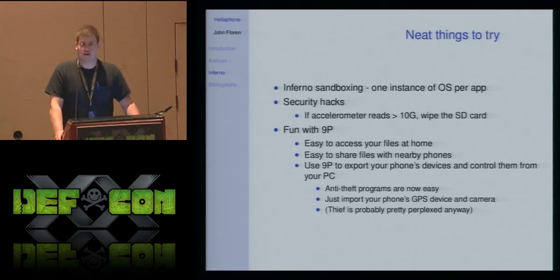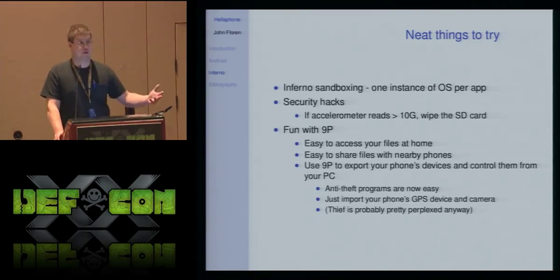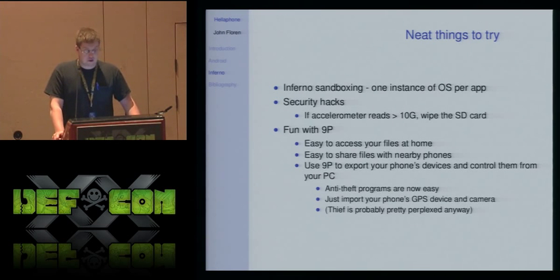You don't really need Dropbox, for instance. You could easily share files with nearby phones. You would just say export this file tree via, I don't know, maybe write a Bluetooth driver, 9P over Bluetooth. You could also use 9P to export your phone's devices very easily. Just say export /phone/phone, and then your PC can import those files, mount them, and then with really no extra code, you can make phone calls from your PC, controlling the cell phone's radio just from your PC, just by echoing stuff into a command file.